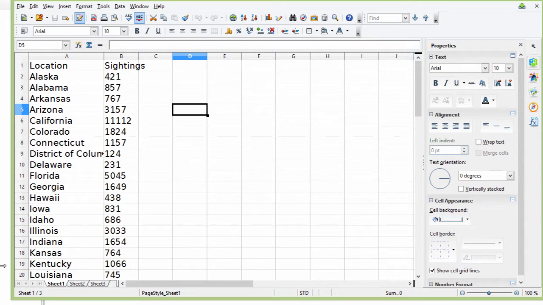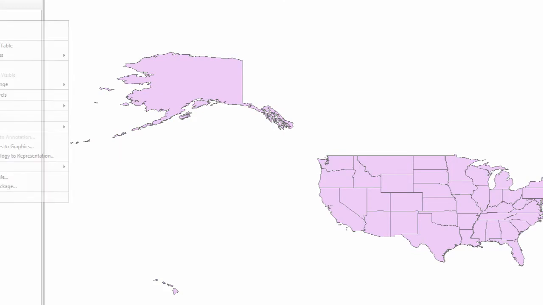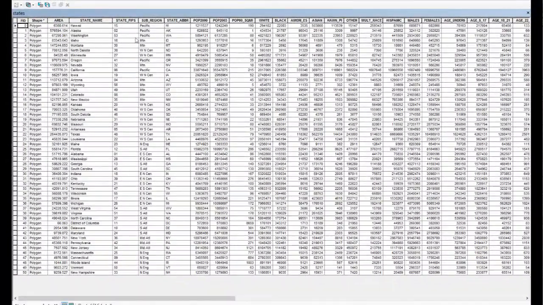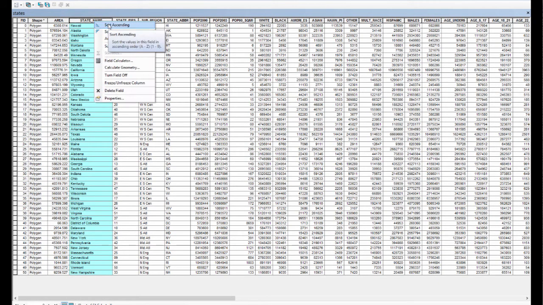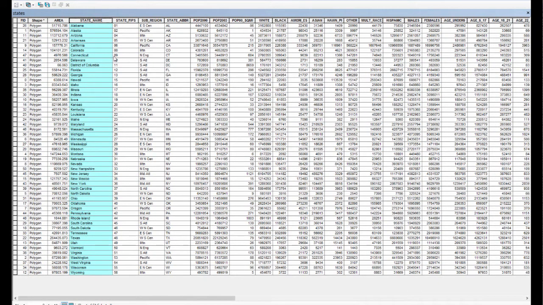But UFO sightings, let's try to get this information in. This is information we might like to have in map form or be able to analyze in ArcGIS. So what's important to note here is that I have this column called location, and it's got all of the names of the places in it. And then when I go over here to the attribute table, you're going to find that I have a column right here called state name. I can sort ascending here. I've got a column called state name that has the name of each one of those states in it. And importantly, very importantly, it has the same name in that column in the attribute table as it has in the